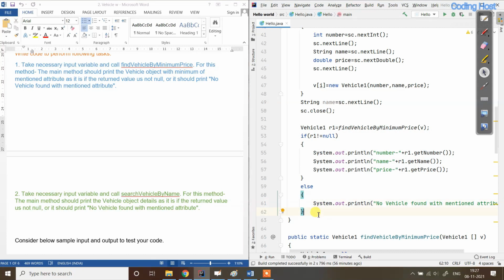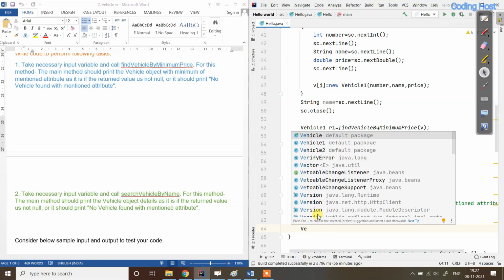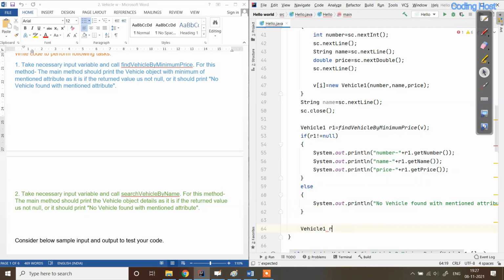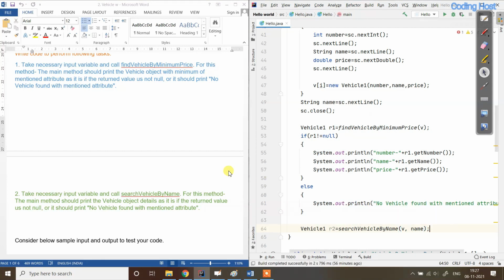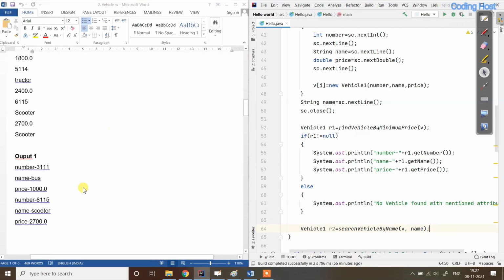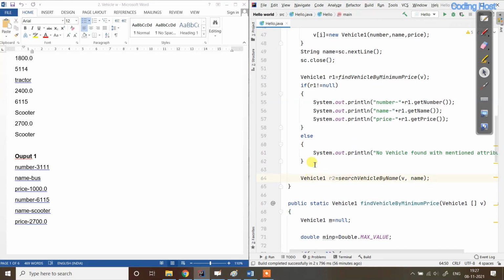Now we have to take the result from the second method. So I will take here vehicle result2 equal to searchVehicleByName, and here we are passing the vehicle array and the name variable. And here we also have to print all these things. Like you can see in the output, we also have to print number, name and price for this second method.